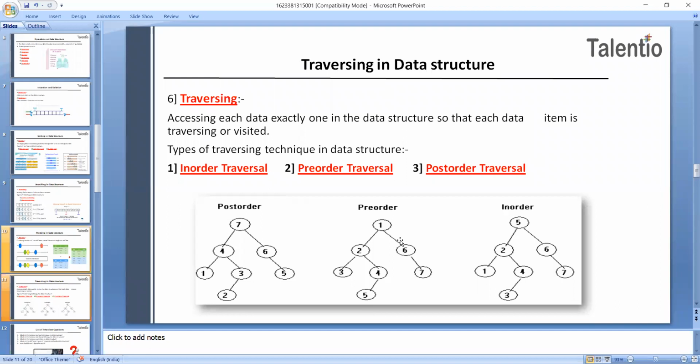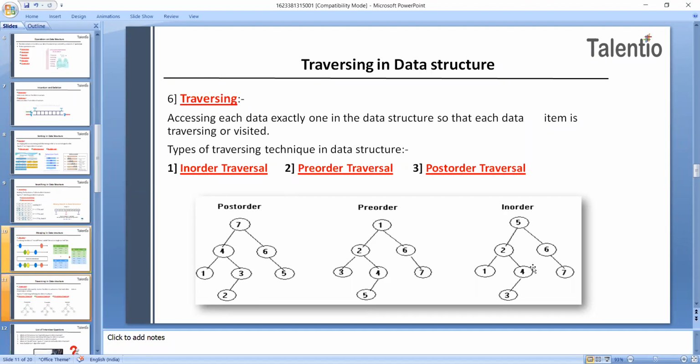Why do we traverse a tree? We traverse a tree to search or locate. If I want to search for any element, I will travel through all the tree. Then only will I come to know which is the element, where I get the location of the element, and which is the key item of the element. All these things I should know, then only I can print it. Therefore, we traverse a tree to search or locate a given item or key in the tree, or to print all the values it contains.